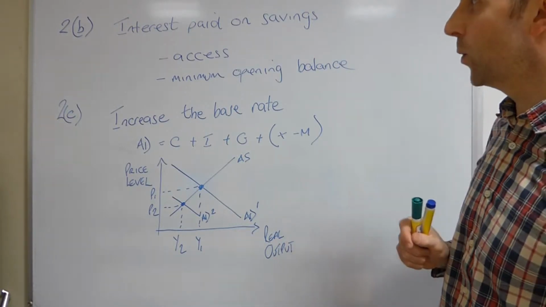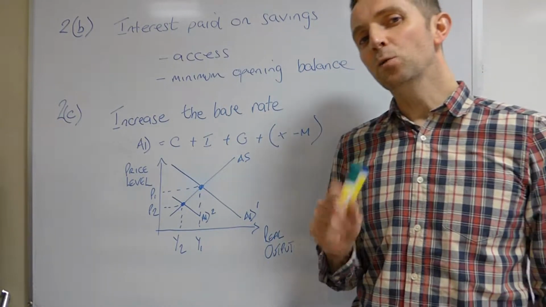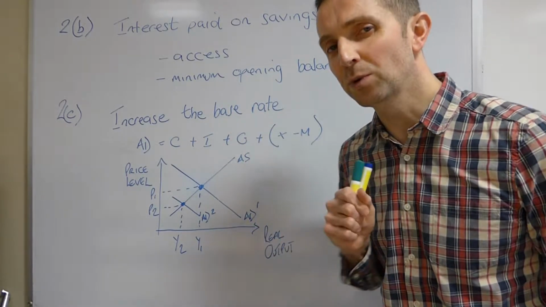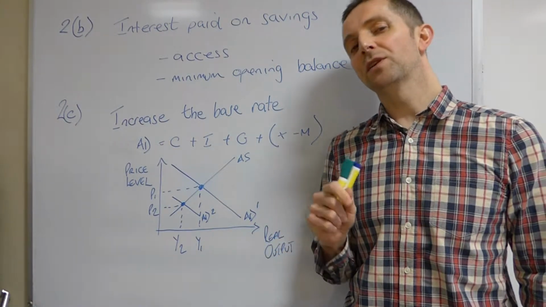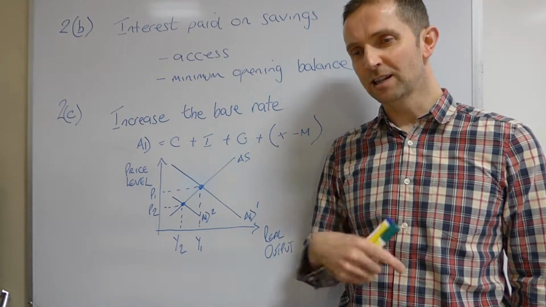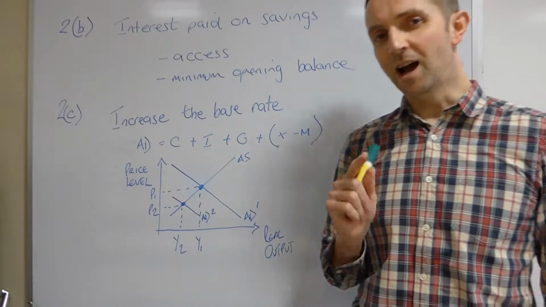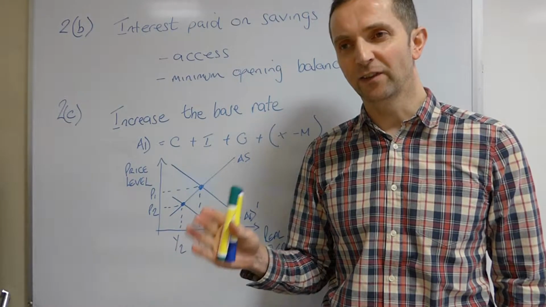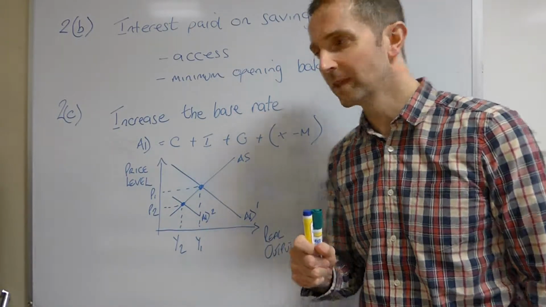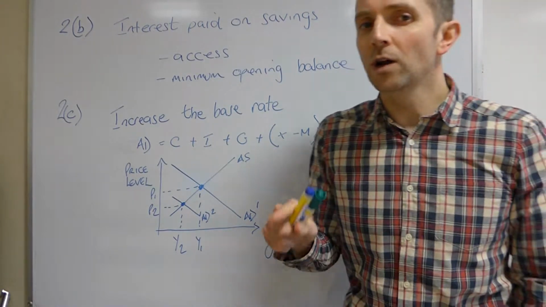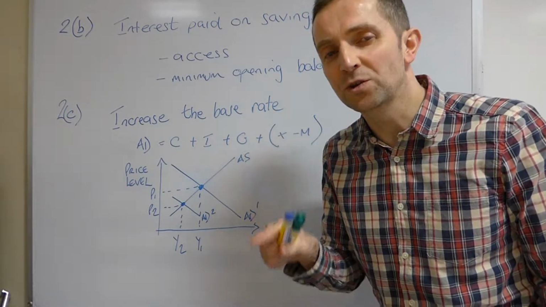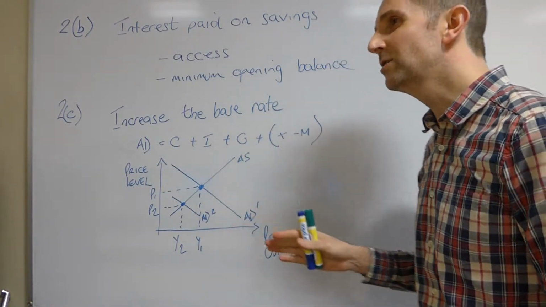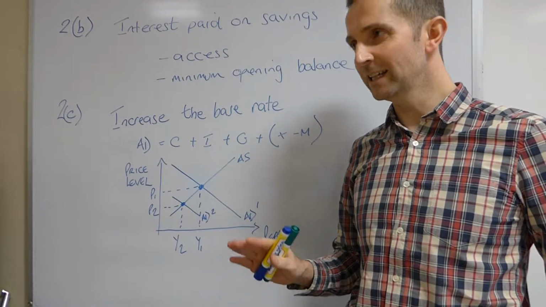Question 2B then was referring to the rate of interest paid on savings accounts. And you were presented with 3 different accounts. If memory serves me, one of them was an e-saver, an internet-based account. One of them was an ISA, and one of them was some type of fixed 2-year bond, I think it was. And you were then asked, what are the 2 factors which determine the amount of interest paid on these accounts?